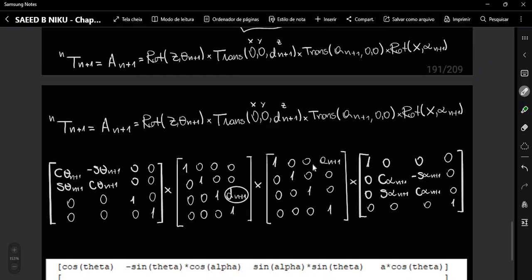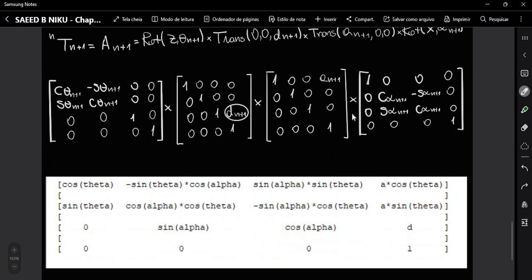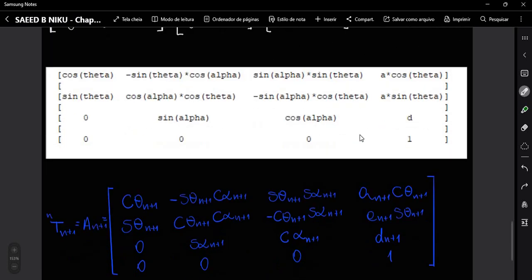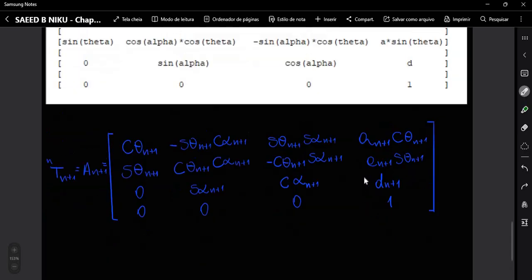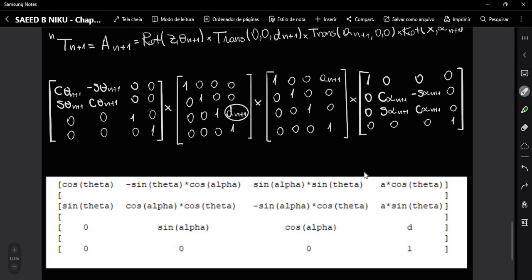Okay, and after we write this total transformation equation, or our forward kinematic equation, we write this equation with these matrices and multiplying these matrices. So also you can notice that when we do a motion,